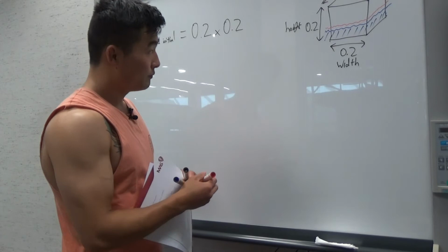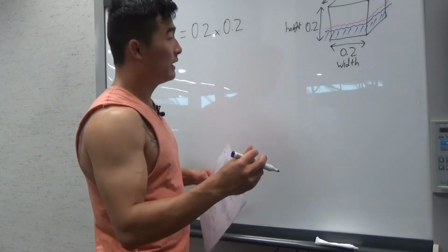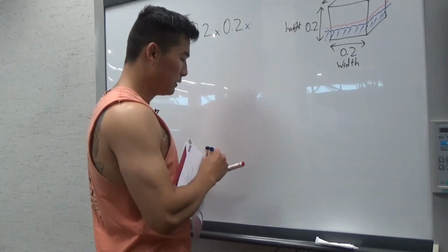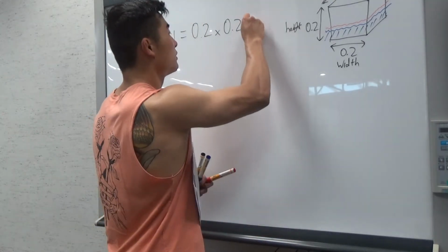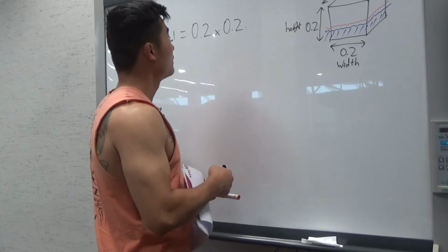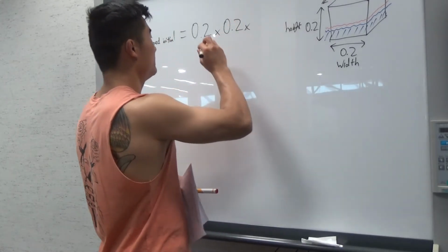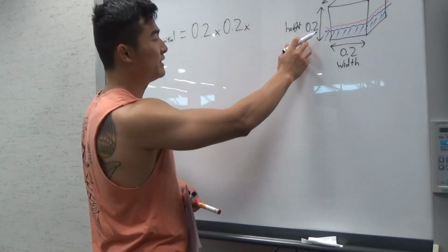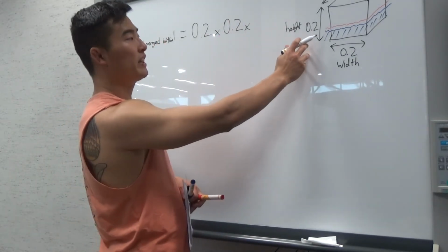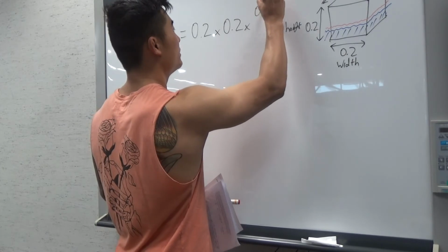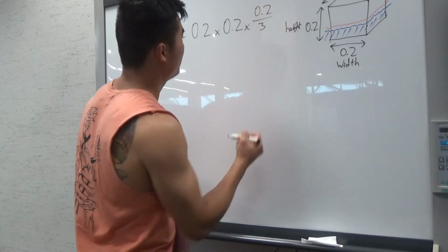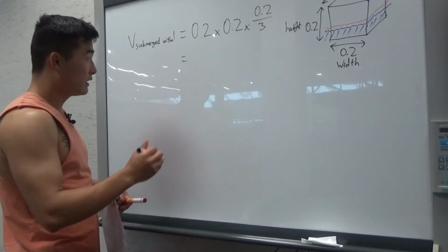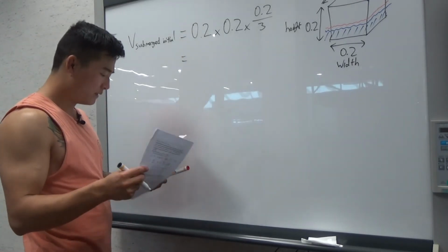Because we know that 1/3 was submerged, now this is length and width, and now the height will be 0.2 divided by 3. So 0.2 divided by 3. Okay. And so that will give you an answer of